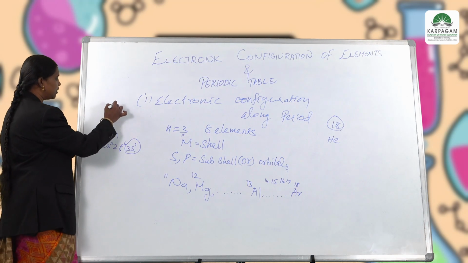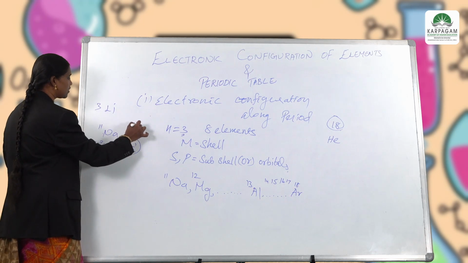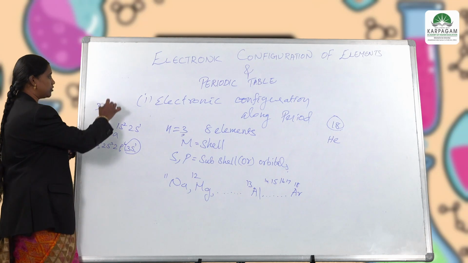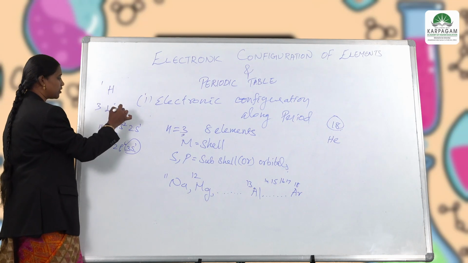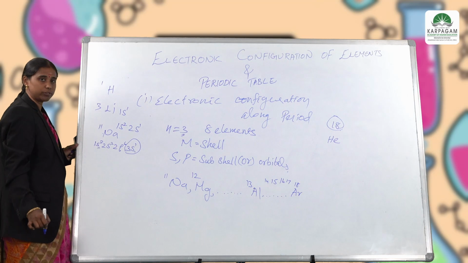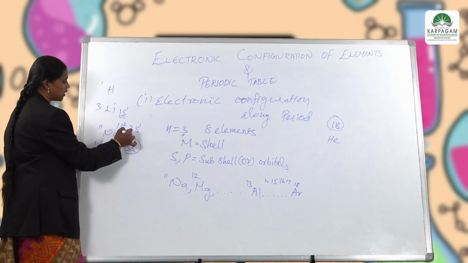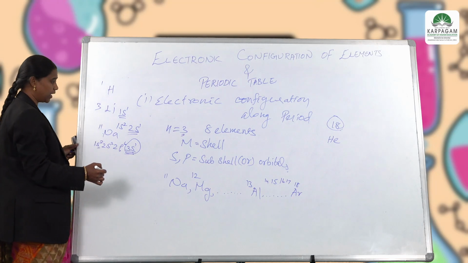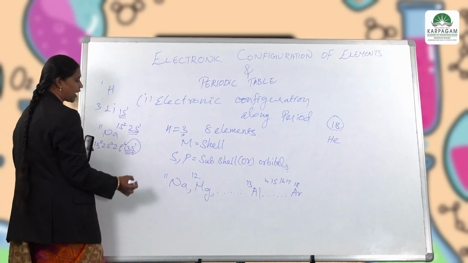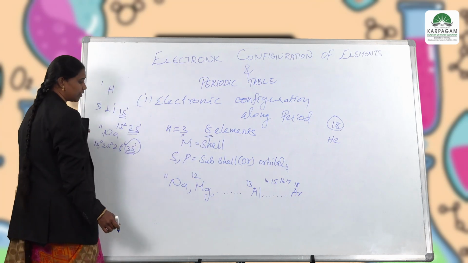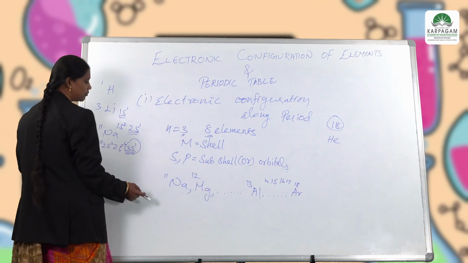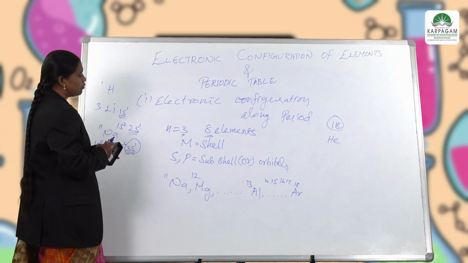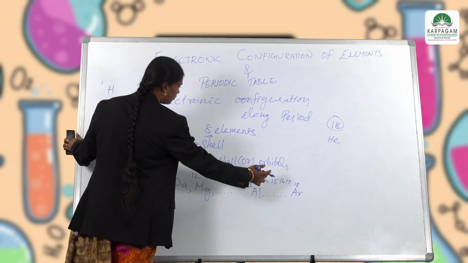Like lithium is 3 and its last electron is filled in 2s1, and 1s2 is a complete shell, and before that hydrogen is filled in the 1s1 position. Here the s orbital energy increases along the period. And here N3 also has a total of 8 elements. The s block elements are sodium and magnesium, and the p block elements start with aluminium and end with